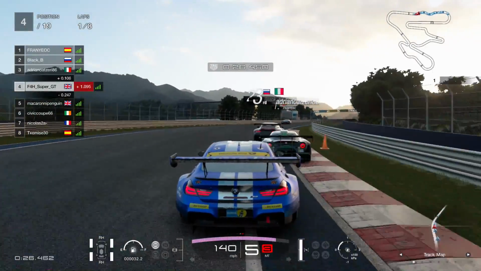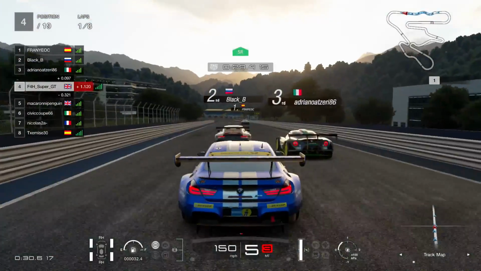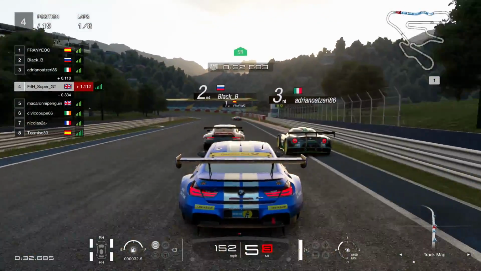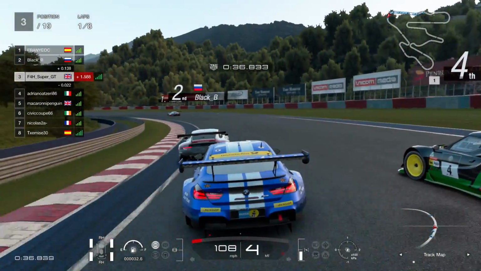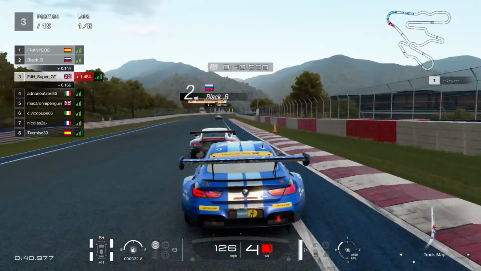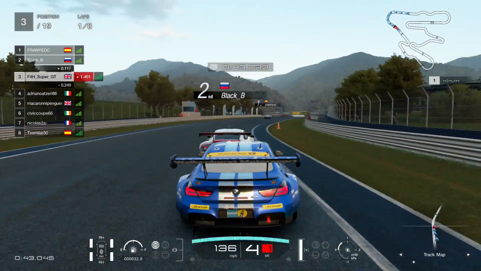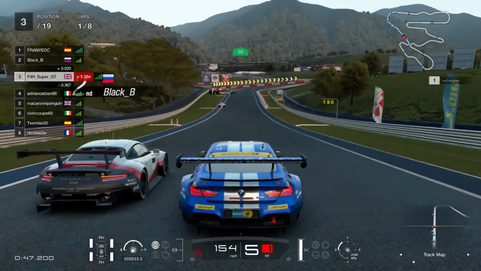So there has already been a bit of battling brewing between 2nd and 3rd place. Initially the Russian in 2nd on the back foot, defending against the Italian. The Italian goes very wide in the Alpha into this long left, so I'm going to take the invitation to go up the inside into 3rd place. I'm going to dip to the right hand side here, get a good run on the Porsche down the hill